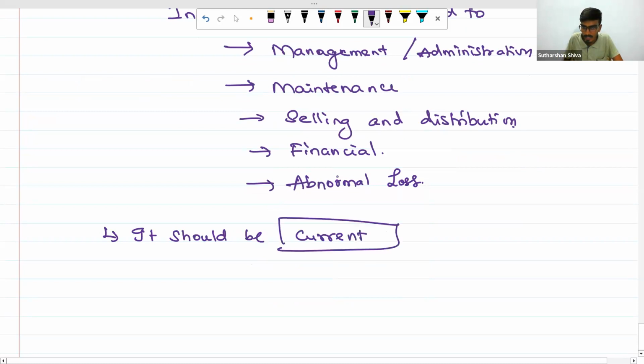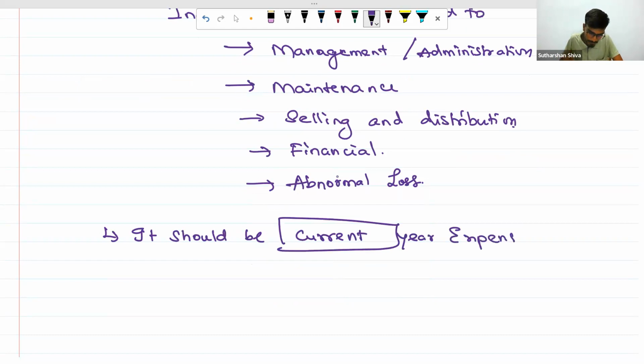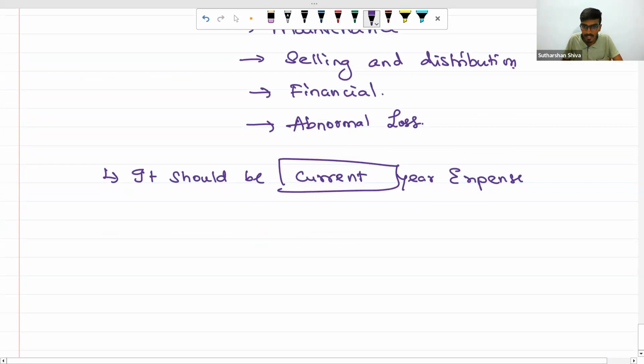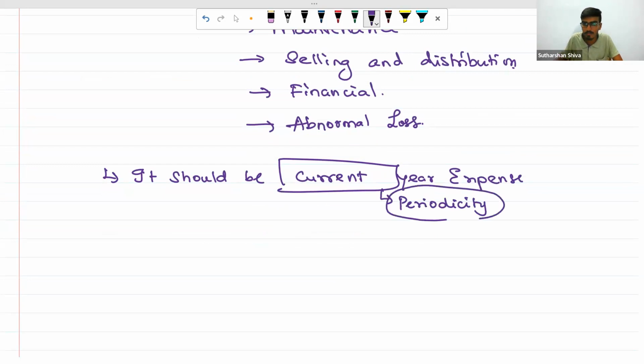It is only related to current year's expense, because of the periodicity concept. It should be only for the one accounting year. Then it should be considered after applying